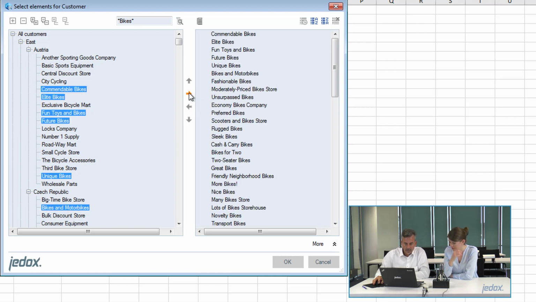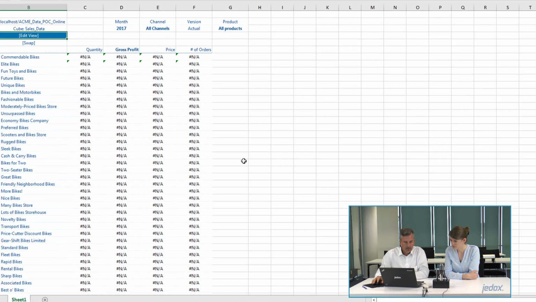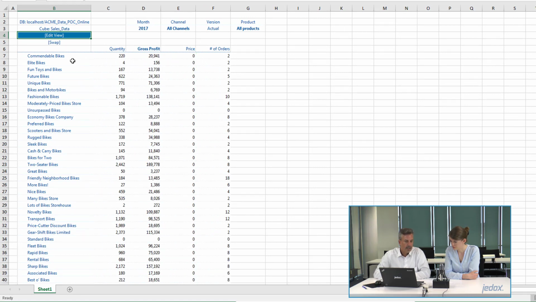I can move everything I found to the right, and I can search now for a different name, and also move those to the right and collect information. I can also reorder different things, but for the question now, bikes, we have everything we need. We paste this now,